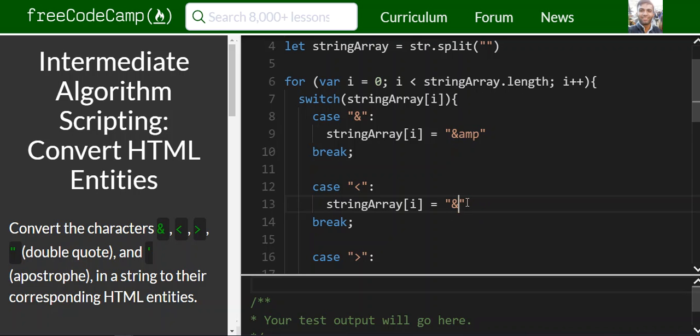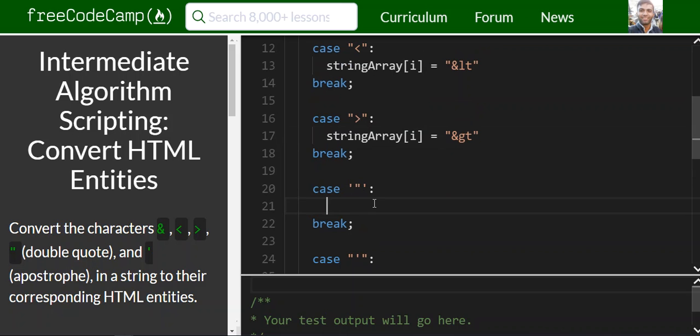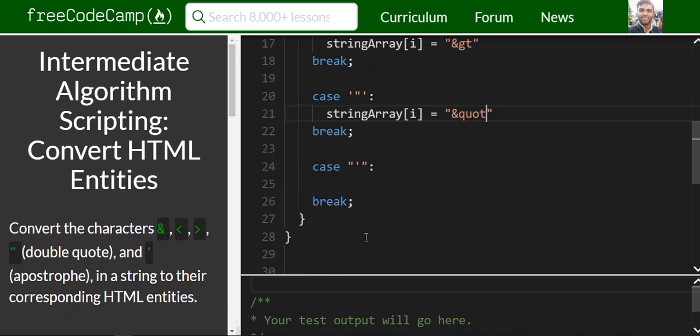This one should be less than, yes, you're exactly right. So this one goes to greater than, because it's a greater than sign. This one goes to double quote, and this one goes to apostrophe. Okay,